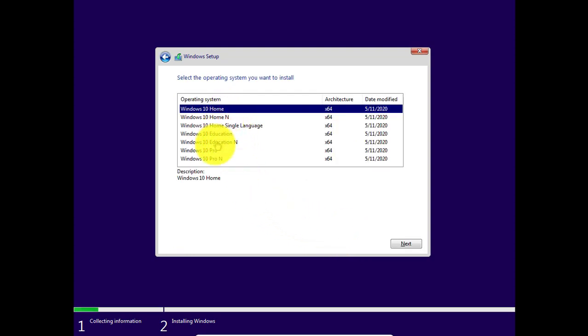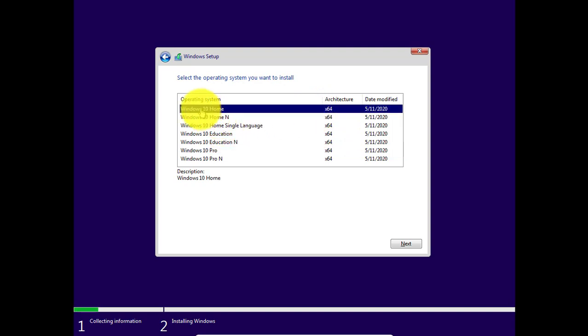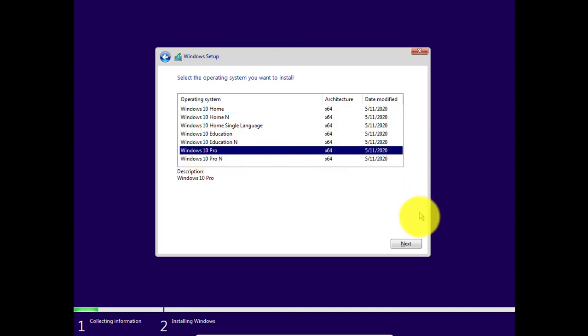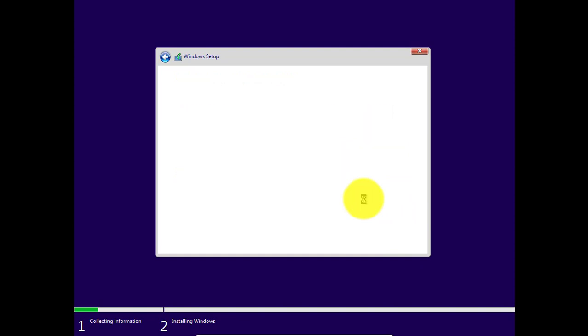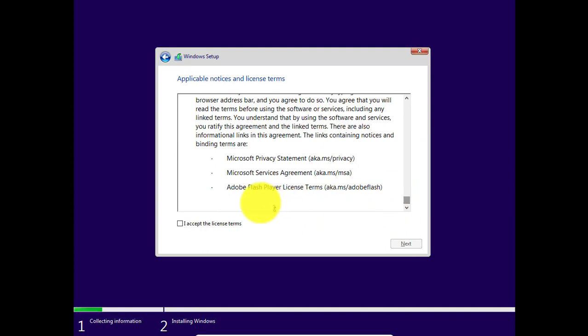And here there are list of versions. So for this video I'll be selecting Windows 10 Pro. But by default, when you're purchasing any laptops or any computers, it comes with Windows 10 home version. So in this video I'll be showing you how to install Windows 10 Pro, and click next. So accept the license agreement,